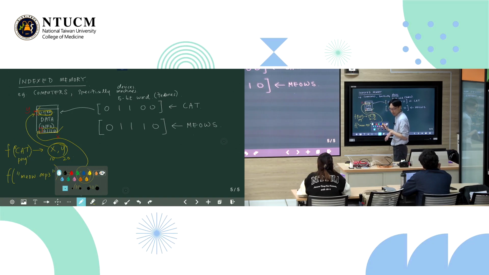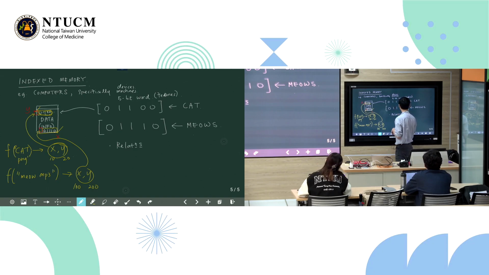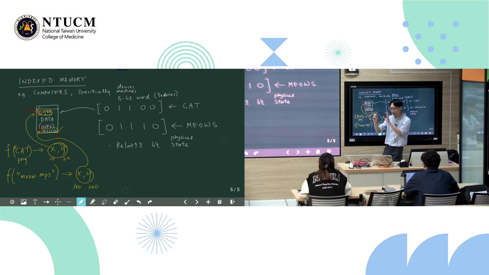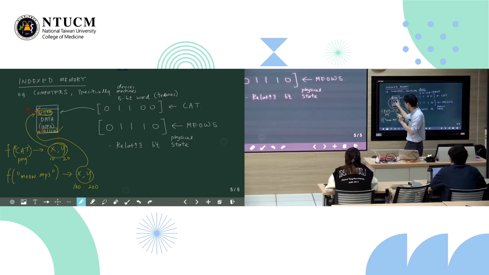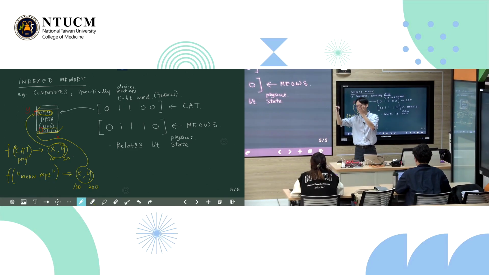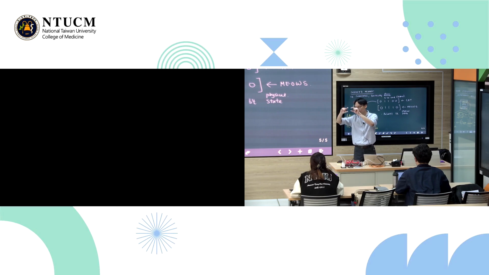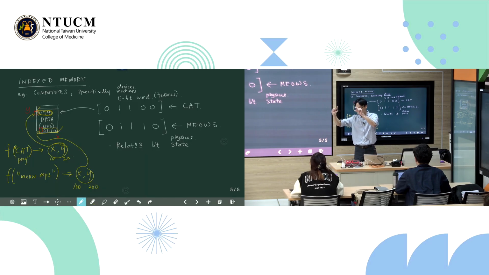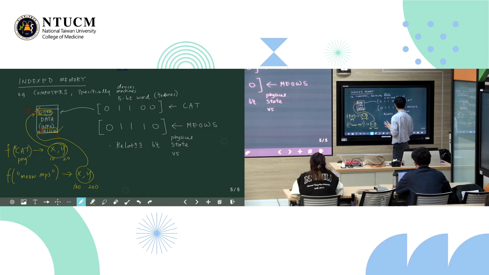The relationship between the state, the physical state, meaning the flip-flop gates, like where are these zeros, 1, 1, 0, 0, like this chunk, this 5-bit location, where it is, the physical state of that location versus the content